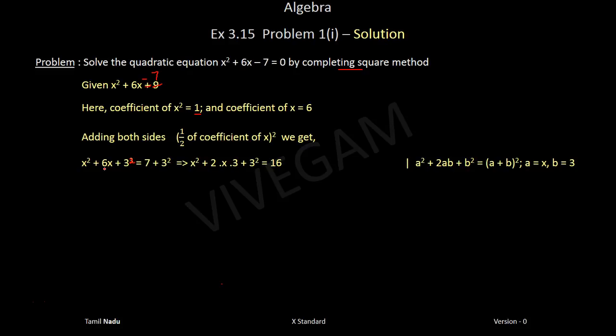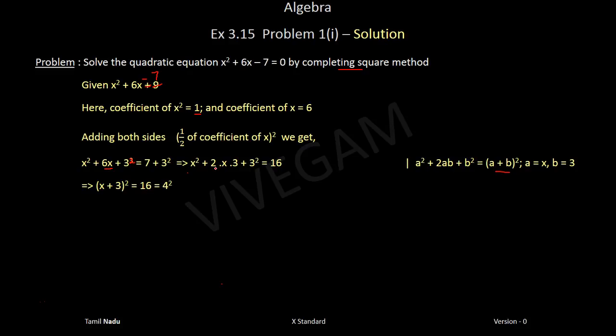But this 6x, now you can write it as, we are trying to get this method actually. We are trying to write it as a square, a plus b the whole square. The coefficient of x is 6 and this is 3. So 3 into 2 is 6. So you will have to write it as 2 into x into 3. That is 2 into a into b. A is x and b is 3, right? So this has to be written as 2ab. That is 2 into x into 3. You get 6x as it is, right? So this is a square plus 2ab plus b square. So this can be written as x plus 3 the whole square, and 16 can be written as 4 square,